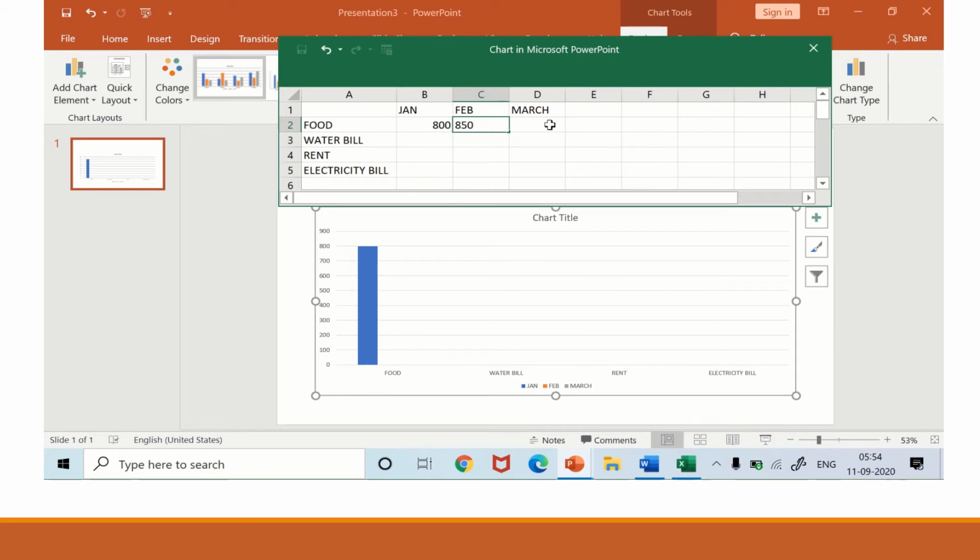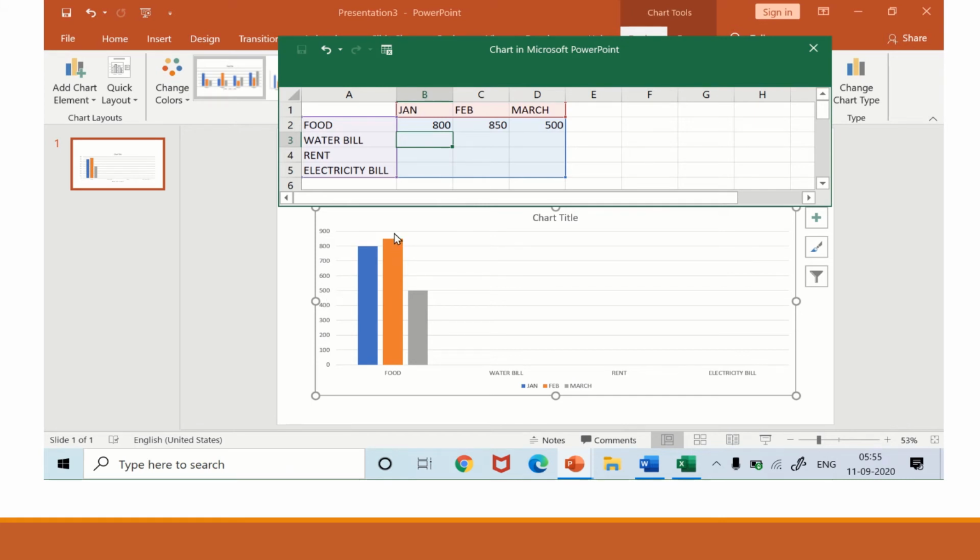And in March, it was 500. So you can see whatever you are typing over here, you can see the pictorial and graphical form in the chart, and you can also analyze your data over here, that in March the expense was only 500 rupees, whereas